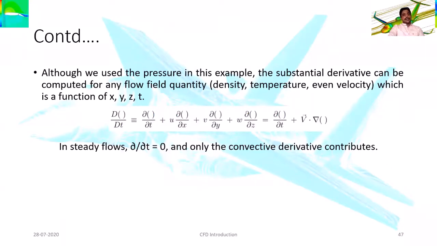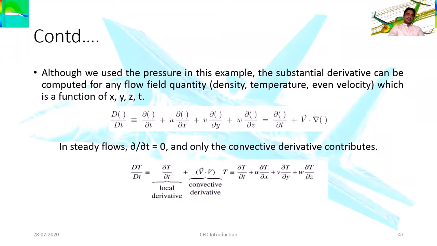So that is Dp/Dt equals ∂p/∂t plus u ∂p/∂x plus v ∂p/∂y plus w ∂p/∂z. So that is x, y, z, and one is a time derivative, another is a velocity local derivative. So this variable can be anything here, which is why I left the bracket open. It can be any variable. It can be pressure, or density, or even the temperature.